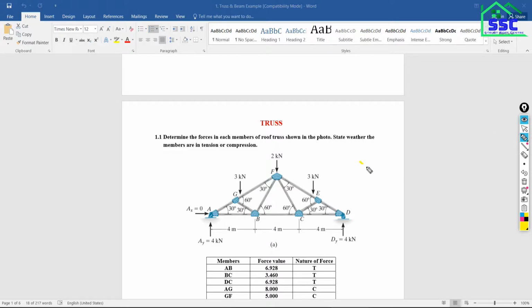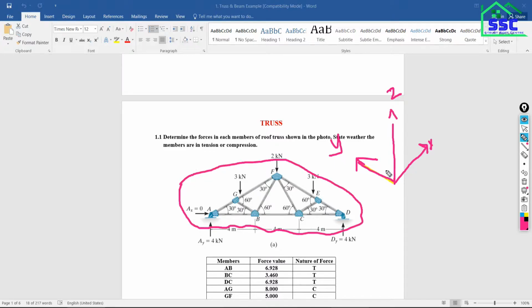In ETABS, three axes are there like this: this is plan X, this is plan Y, and this is Z. In which plane do you have to model this truss? In the ZX plane, exactly.